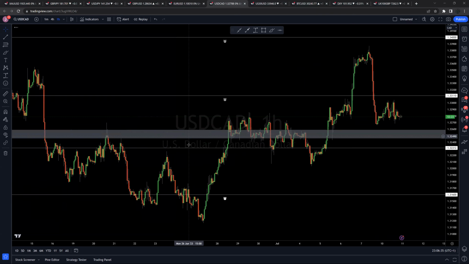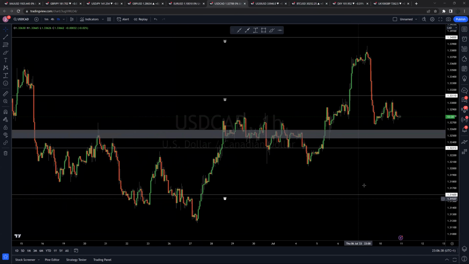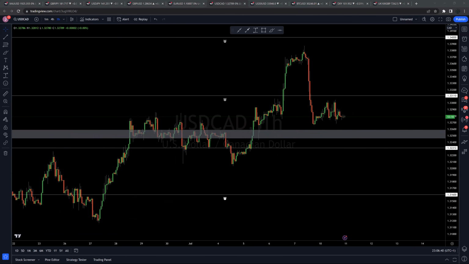USD CAD still just ranging here, not really seeing any major price change. Pretty similar trade ideas. Sells below 1.323. Buys above 1.331. And if we break above 1.338, just continuing still the trend, even dollar breaking below 102 and starting to be more bearish on the intraday, didn't hold much weight on USD CAD at all,